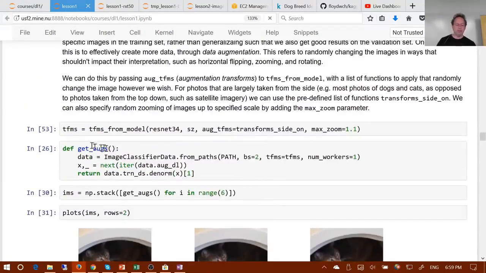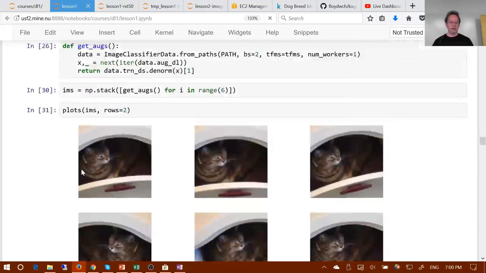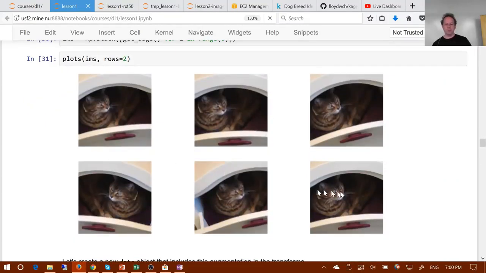So if we add to this little transforms from model function, we pass in augmentation transforms. The main two are transforms side on or transforms top down. Later on we'll learn about creating your own custom transform lists as well. But for now, because we're taking pictures from the side of cats and dogs, we'll say transform side on. And now each time we look at an image, it's going to be zoomed in or out a little bit, moved around a little bit, rotated a little bit,